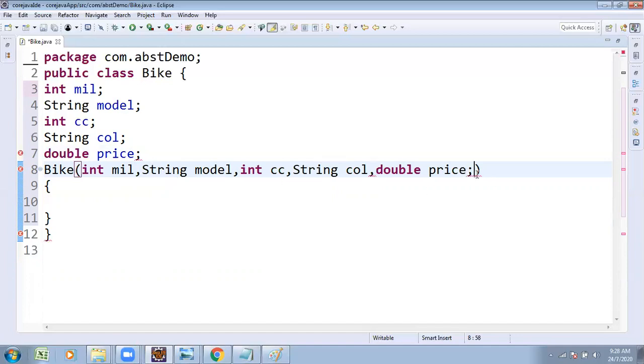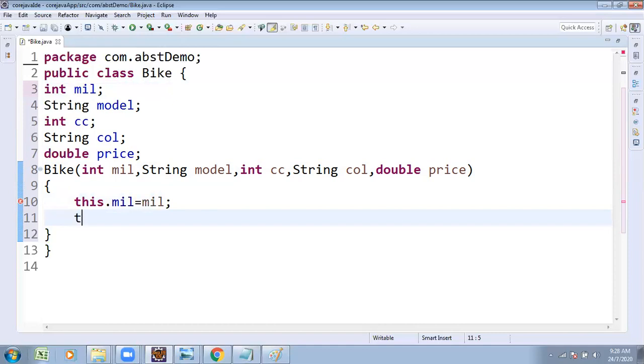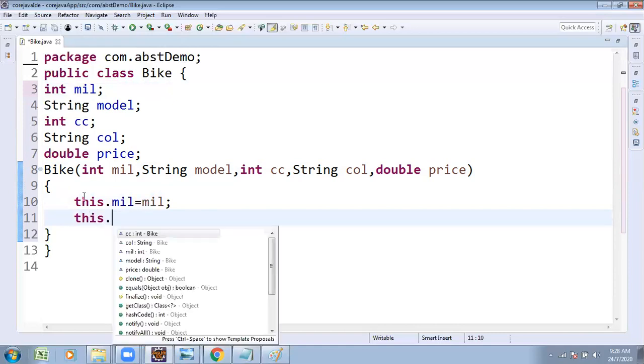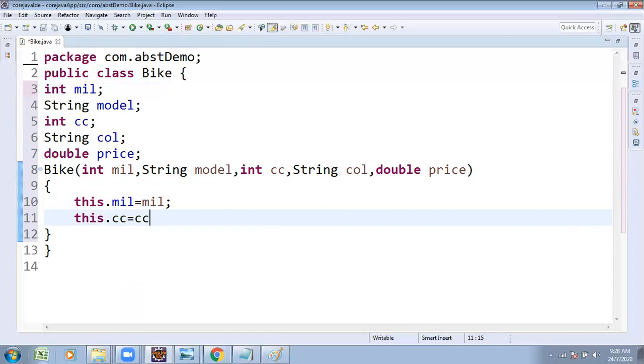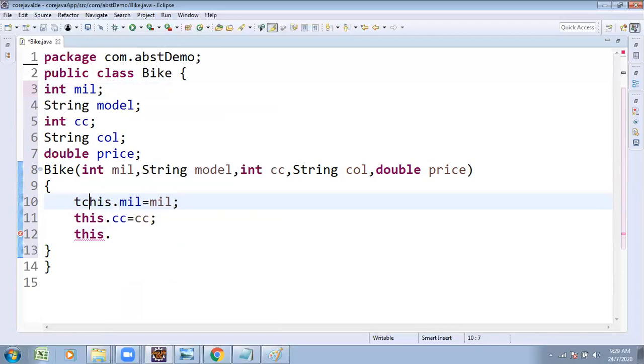You know very well about local variable and global variable. This is mileage, this is mileage. Which keyword is mandatory? The this keyword. this.mileage = mileage. Similarly, this.CC = CC, and this.color = color.